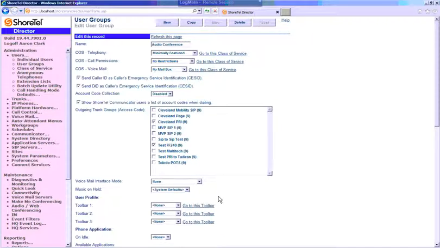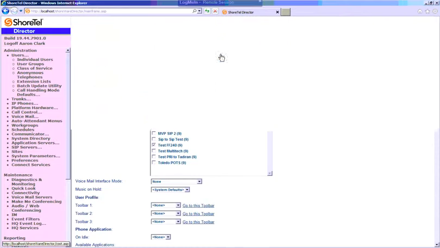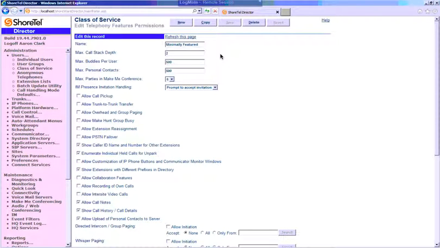So I'm going to go back up here and hop into COS, so Class of Service Telephony. This drop-down box, these are all the different COSs for the telephony groups that we have set up, and currently for this audio conference user group, it's part of the minimally featured class of service for telephony. So I can click on go to this class of service hyperlink, and no matter which one I click on,